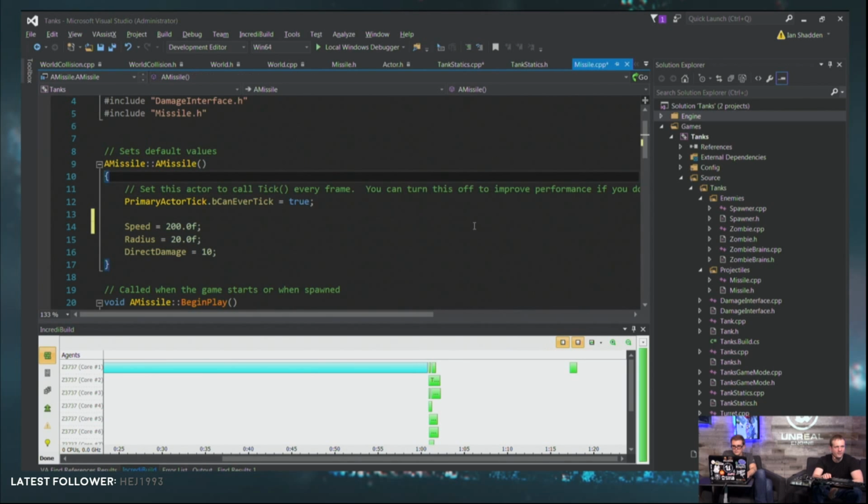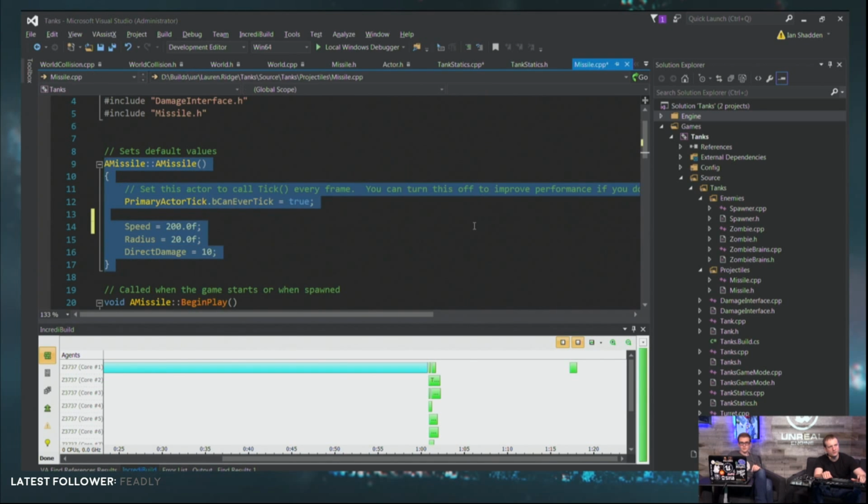So the thing to be aware of for that is that you're getting a copy of the class default object, which means you can look up that class default object, see what the default variables are and that kind of thing. But if you modify it, every future one that you spawn will have that modification. That's not a feature that I use a whole lot, but it is something that you want to know is there. I would generally not mess with it. But so that's how a constructor works, and that's how Unreal uses the constructor slightly differently.